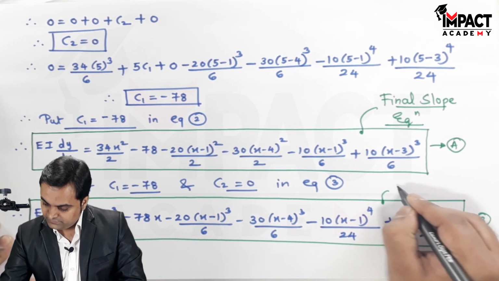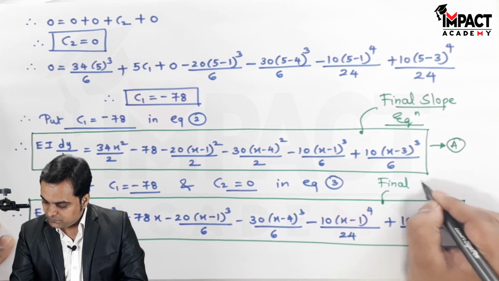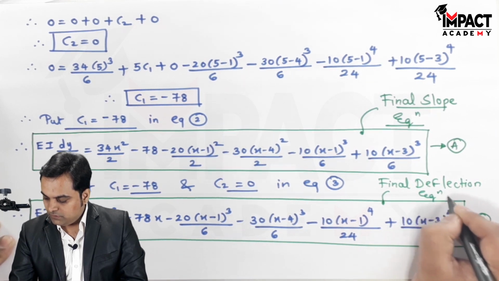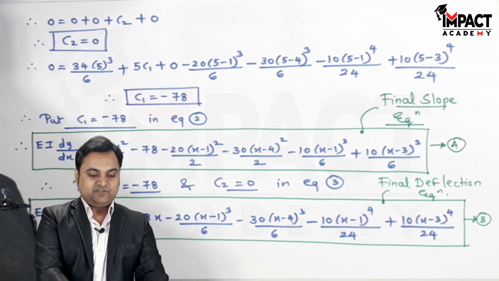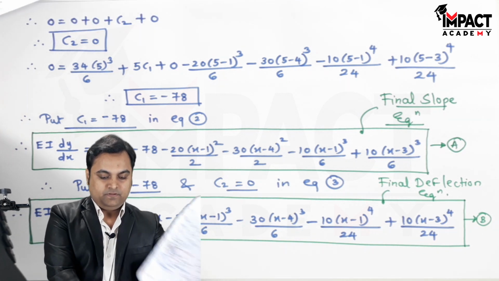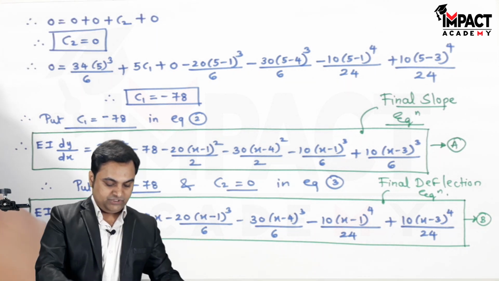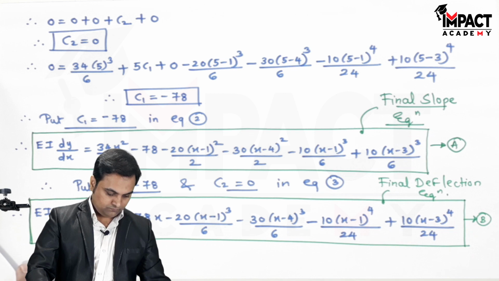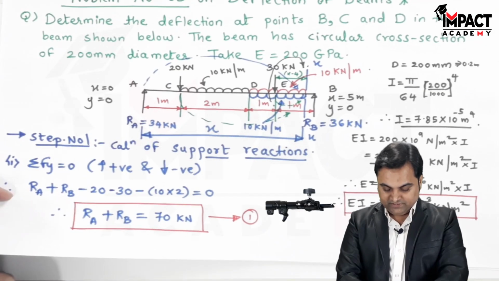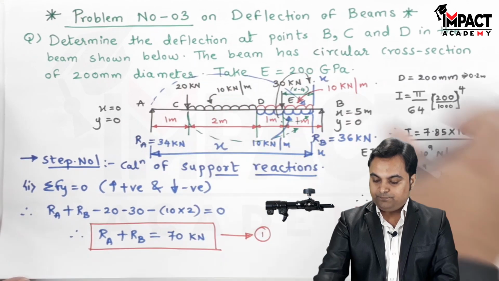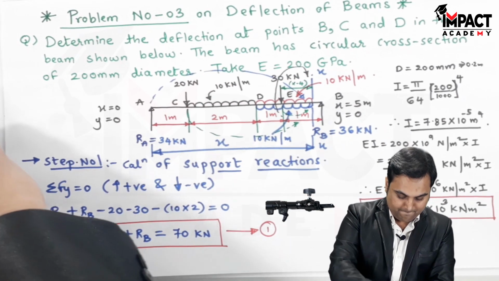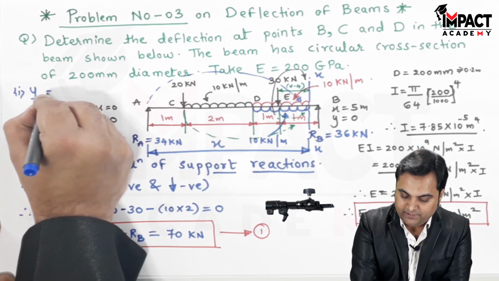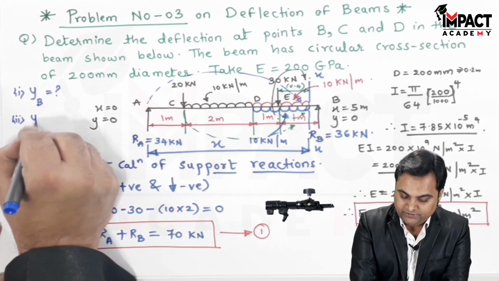Equation B, that is the final deflection equation. Now I look into the question, what has been asked of us. The question is, they had said to determine the deflection at points B, C and D. It means we have to find the deflection at point B, at point C